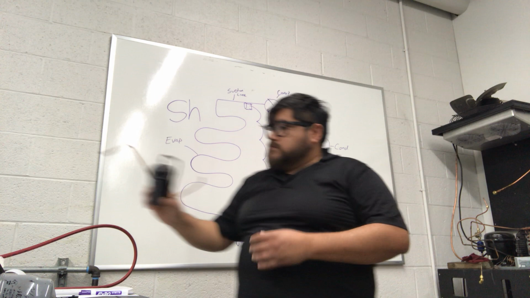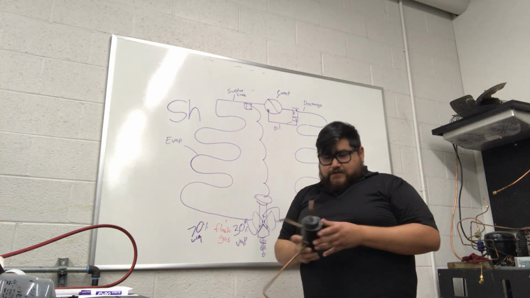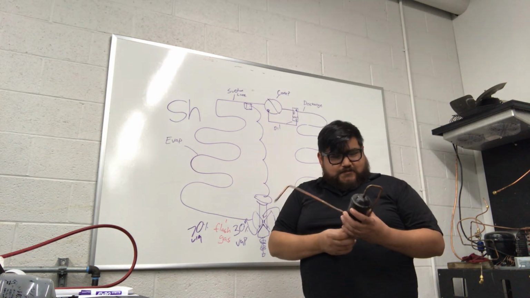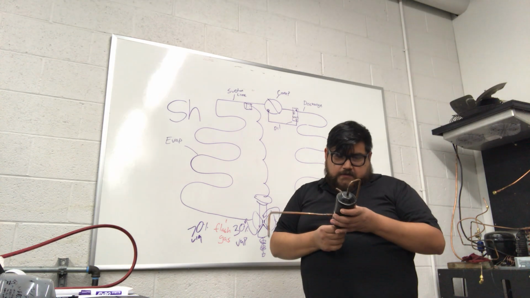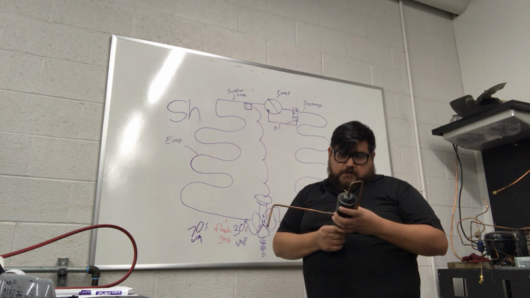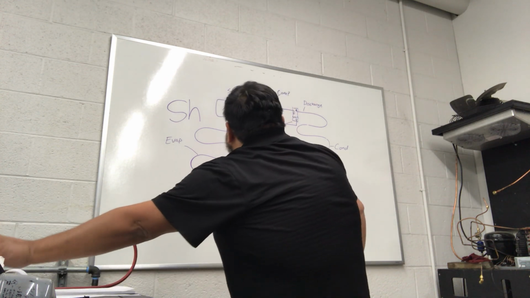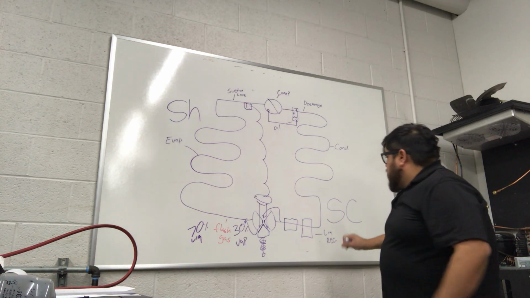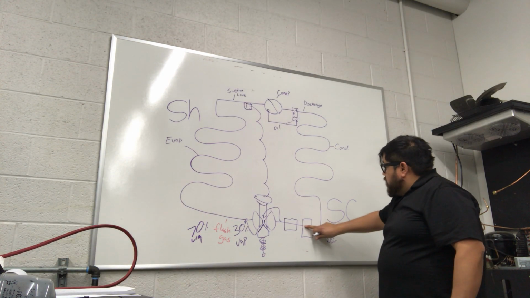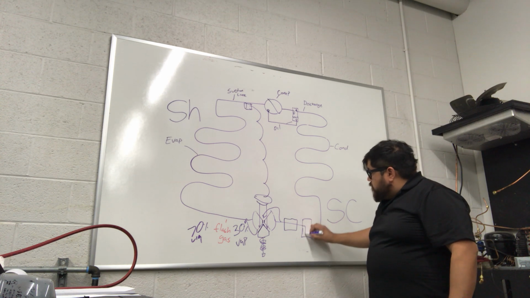Correct. So let's see, what do we got here? We have some sort of catching device. Liquid receiver. That's the one that comes out the little. Ooh, almost dropped it. So going back to the receiver, we use it so we can store refrigerant